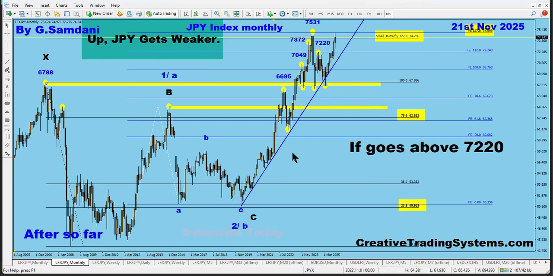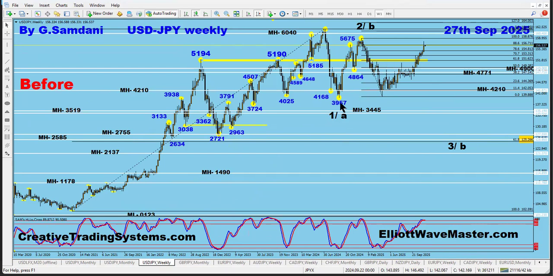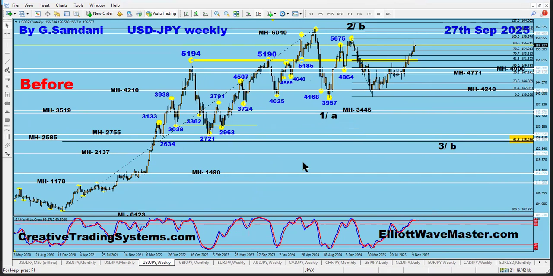Okay, now if we are going to go down, let's take a look at a few pairs. For example, USD yen, if it is ready to go down, if intervention comes in, what will happen to USD yen? What area is it? So USD yen, you can see here, this is my take. Again, one or A, two or B, and then this could be 1, 2, 3, 4, 5 to the downside. And I would say that this would be the target of this whole rise if we stay below this area, right? Obviously, if yen starts to get strong, that's what's going to happen. If not, maybe it will drop and then go back up again. We will deal with that later.